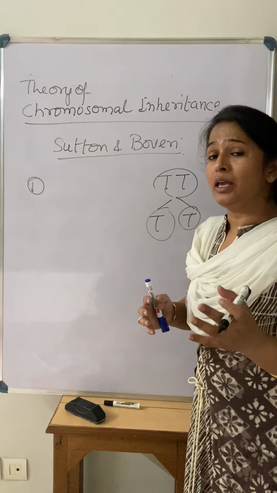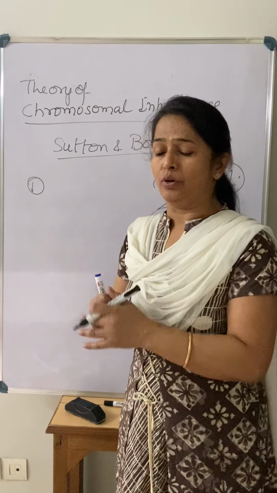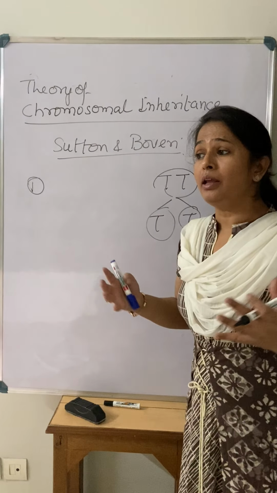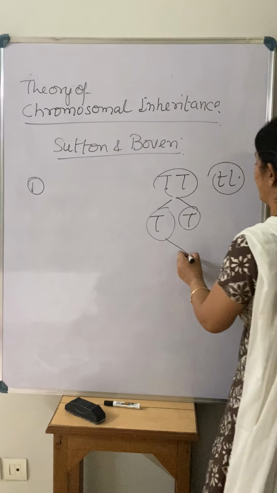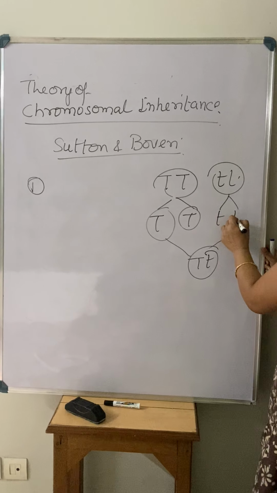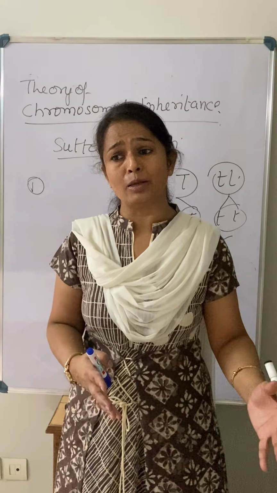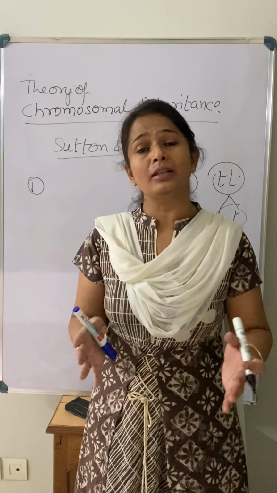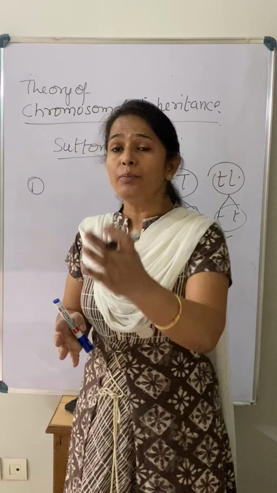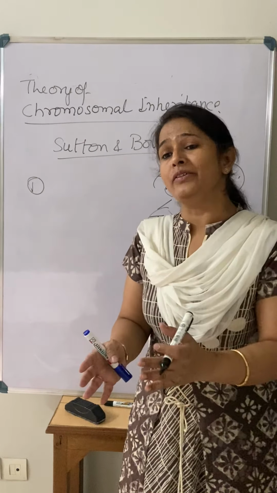He was actually talking about the segregation of the chromosomes during gamete formation, right? And after that, when the next formation takes place, again there is a pairing of the chromosomes. So when segregation of the chromosomes takes place, again there is a pairing during zygote formation. So when you put Mendel's principle over the chromosome behavior during cell division, you will get to know